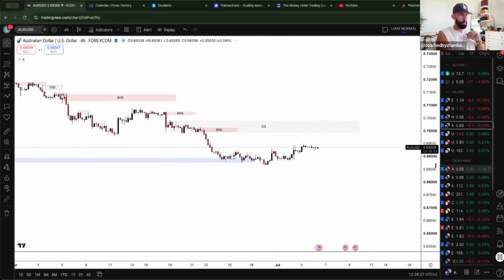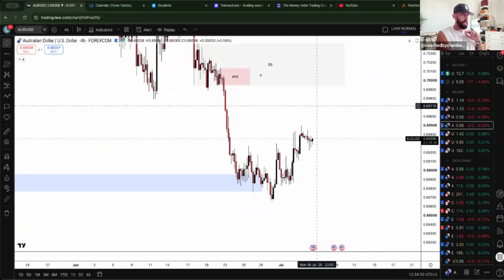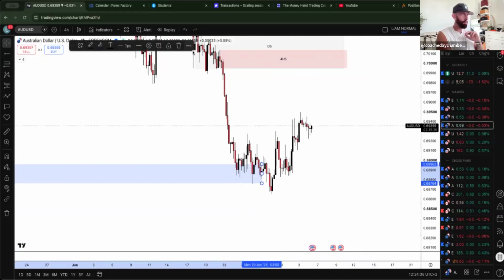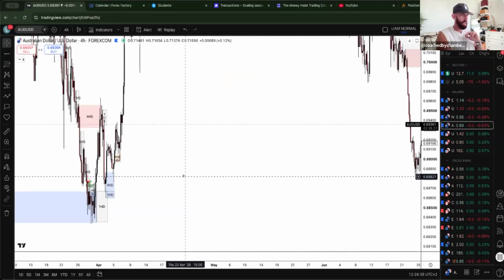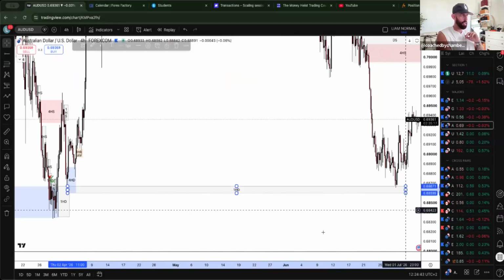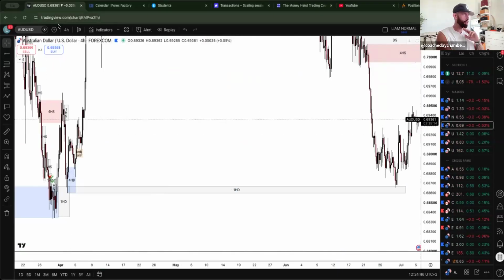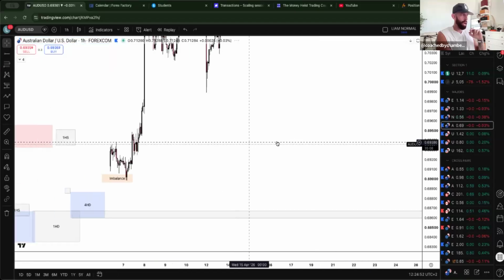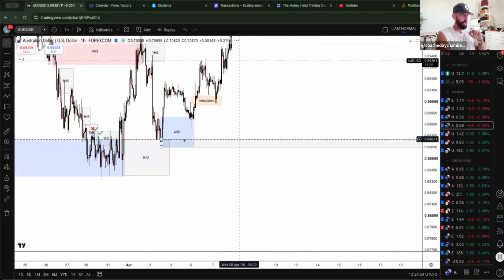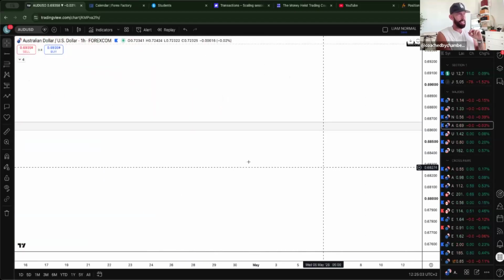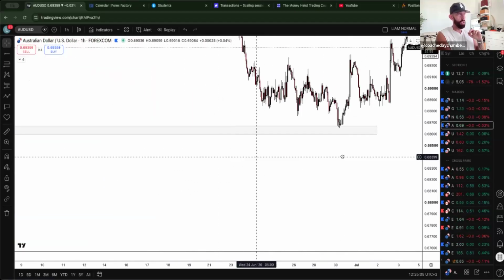Looking at the 4 hour, what can we see? We can pretty much see that market has gone from, we broke this demand. Do we have anything else below here? Look at that. Inside 4 hour demand, we have this 1 hour. Let me just quickly show you guys, which it didn't mitigate. The way that I trade supply and demand is not by accident. This stuff is institutional trading. Imbalance above, we have this 1 hour supply area inside of that 4 hour, and that's exactly where market has been drawn into right now, as you can see.